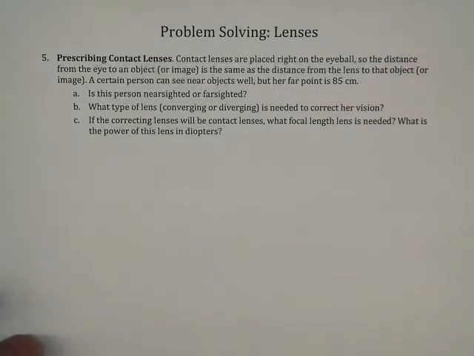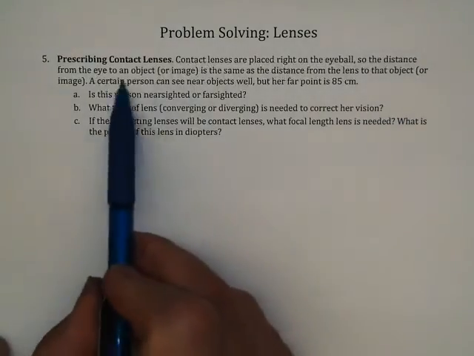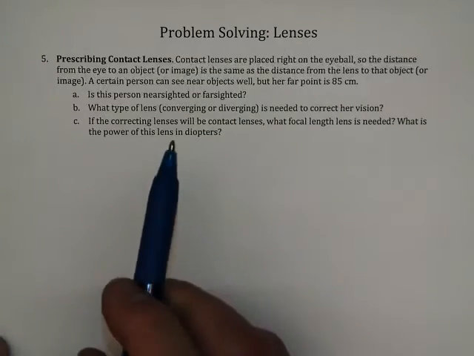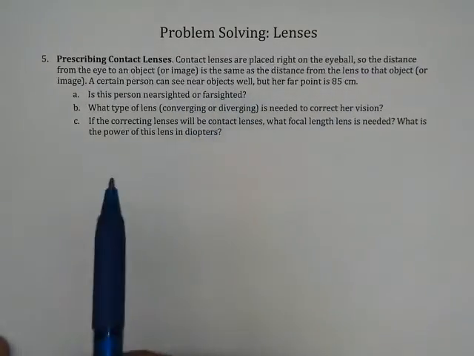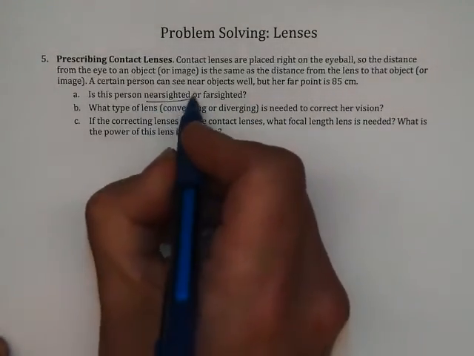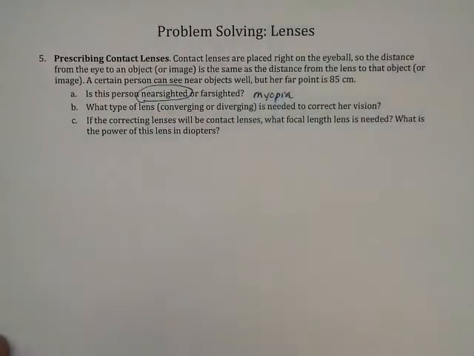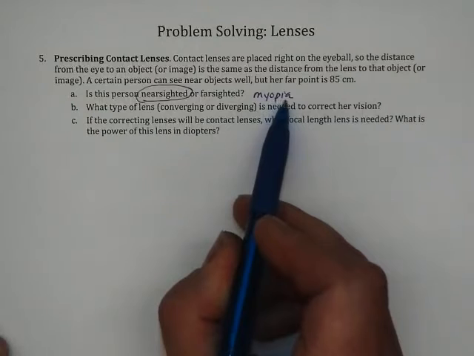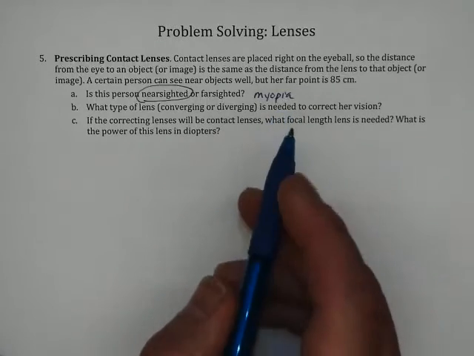Number 5 was kind of a similar problem, but now it's contact lenses, and they're right on the eyeball. So the distance from the eye to an object or image is the same as the distance from the lens to that object or image, and a certain person can see near objects well, but her far point is 85 centimeters. Near objects well is code for this person is nearsighted. Nearsighted is also known as myopia, and so this is a myopic person. Myopia is a condition where the lens on your eye is bending light too much. And so in order to correct that, we need to use a